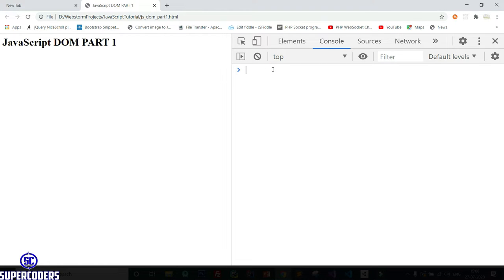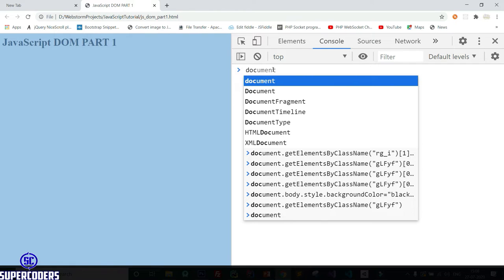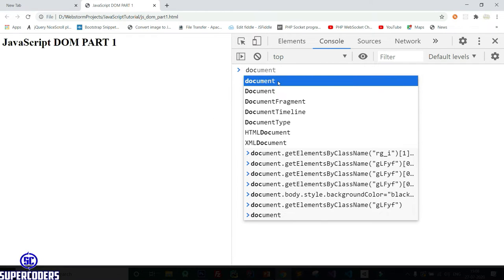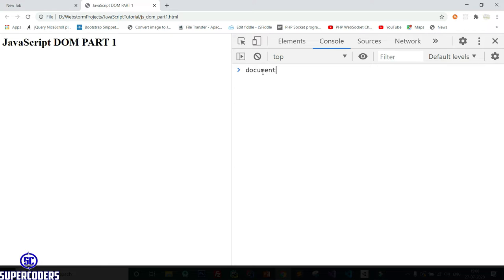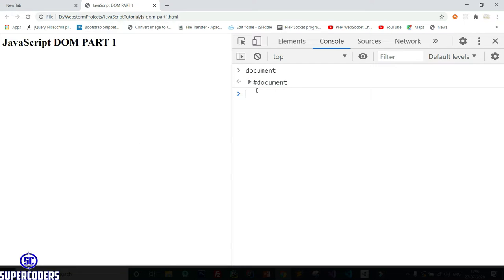Now let's see first, which is document. If I write document, you can see it's showing the whole page. So my whole page comes under document. If I again select this, it shows the whole page.